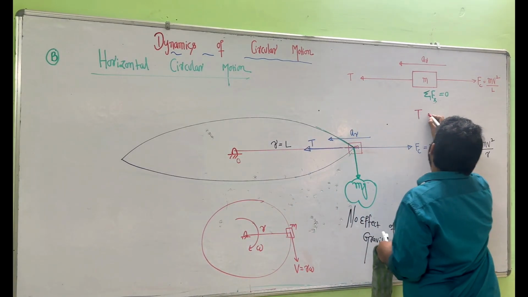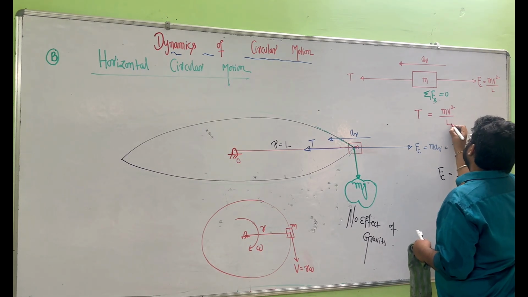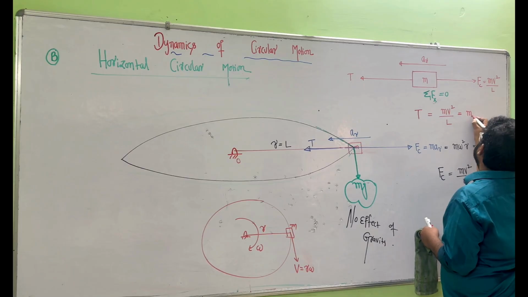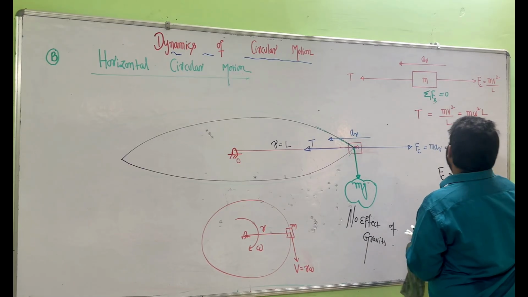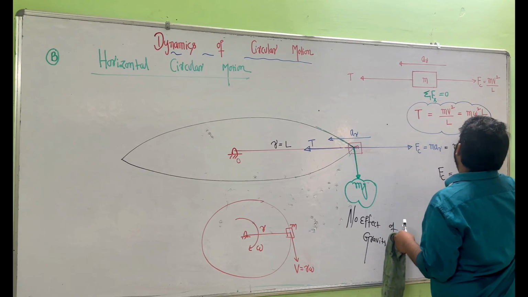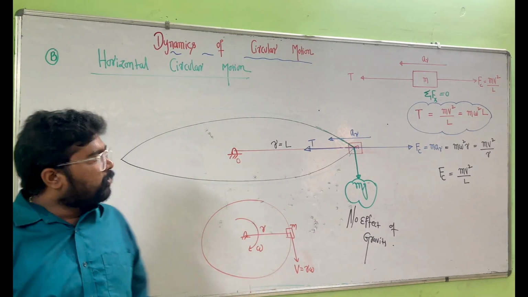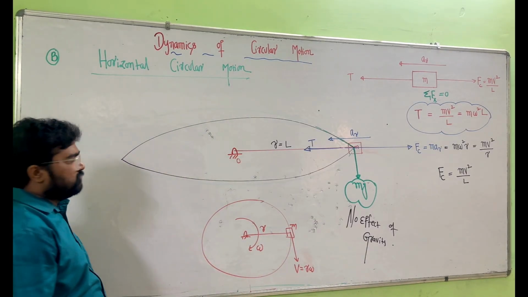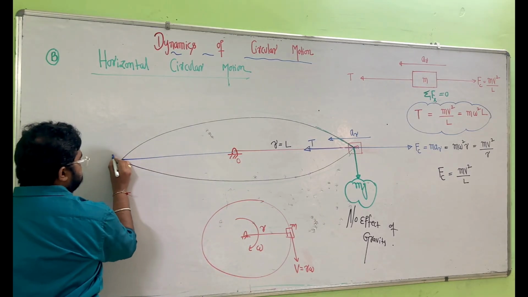This is the tension: mv square by L. Tension T equals mv square by L. We can write it as m omega square L. This will be both the minimum and maximum. Only one tension is obtained. Left and right will both be the same. Even if you draw the free body diagram, when the point mass is